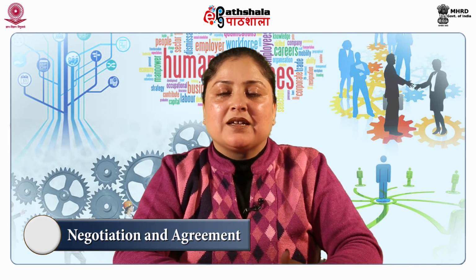Next strategy is negotiation and agreement. Resistance to change can be minimized by negotiating with potential resistors and entering into certain agreements like transferring employees to other units or departments instead of laying them off, increasing employee pension benefits in exchange for early retirement, offering the head of department of one branch the same position and remuneration in another branch, and so on.